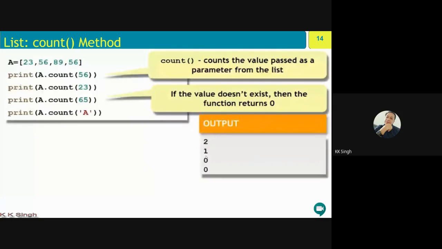It will give 0 count. So for an element which is not available in the list, count will give you 0. Otherwise, the number of times the value occurred will be printed. So this is the count method. Over here, this is written: if the value does not exist, then the function returns 0.